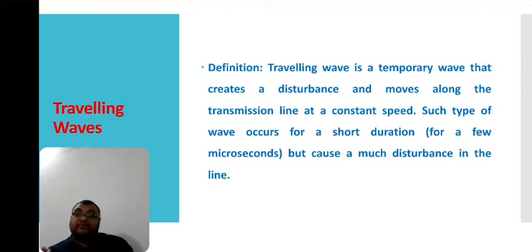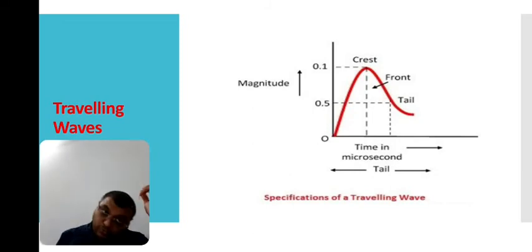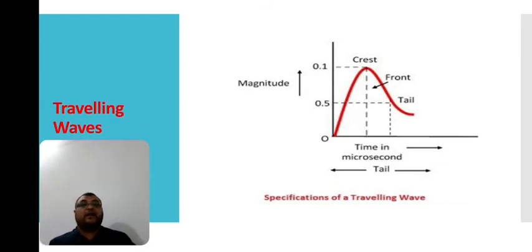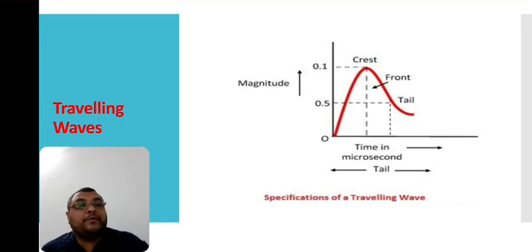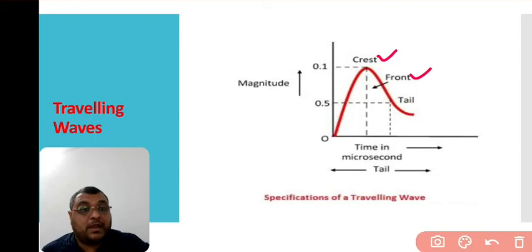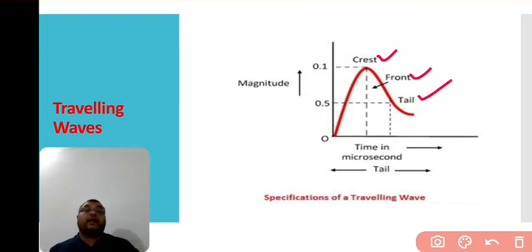A traveling wave is characterized by its specification, as illustrated in this figure as well. Okay, so it has different sections of that traveling wave, and it is known as the specification of the traveling wave. Okay, it has the parts, that is crest, front and tail, and each one has its own definition. If we discuss the traveling wave,